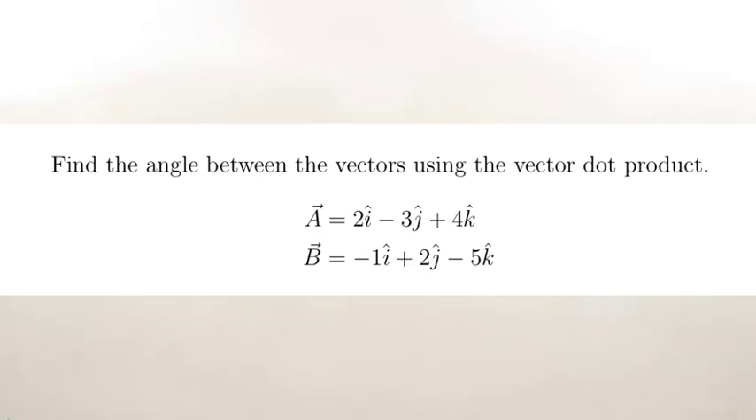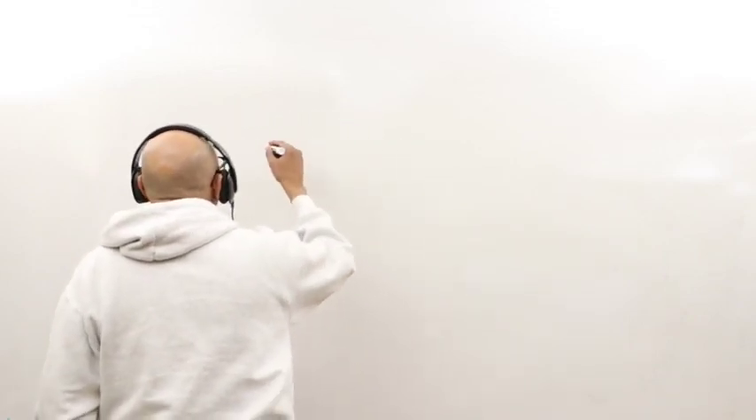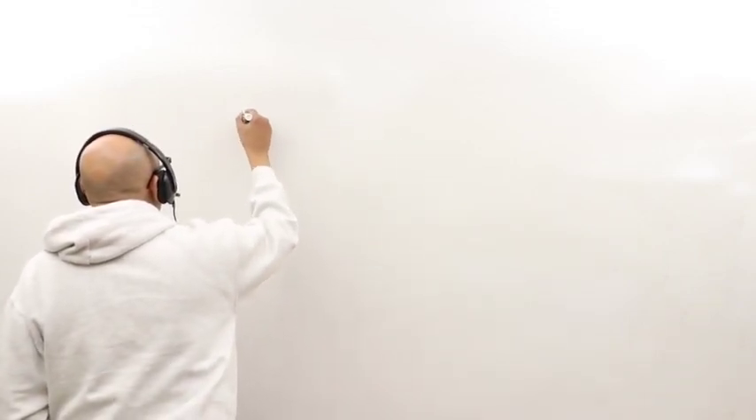Find the angle between the vectors using the vector dot product. So we're given two vectors, A and B. We have to find the angle between them. So A is given by